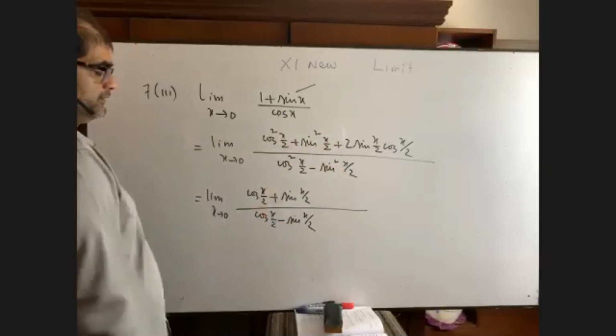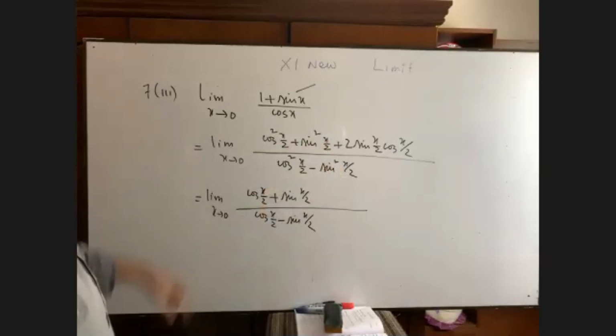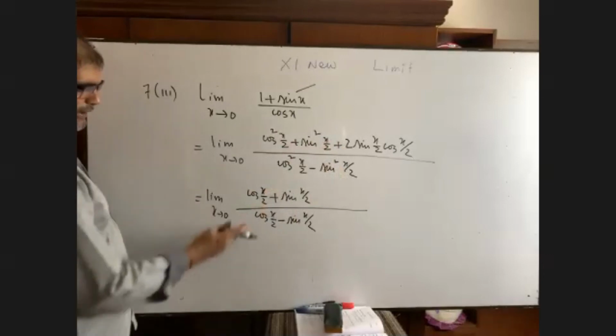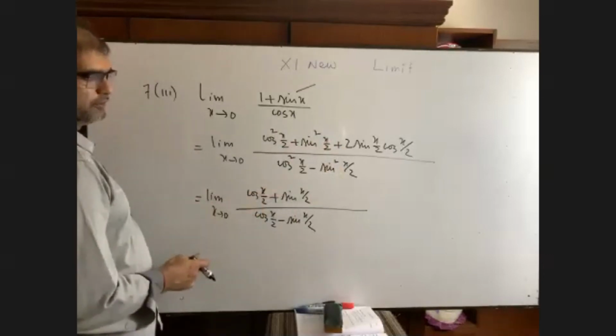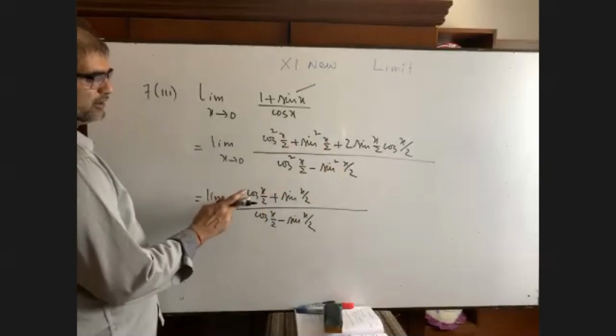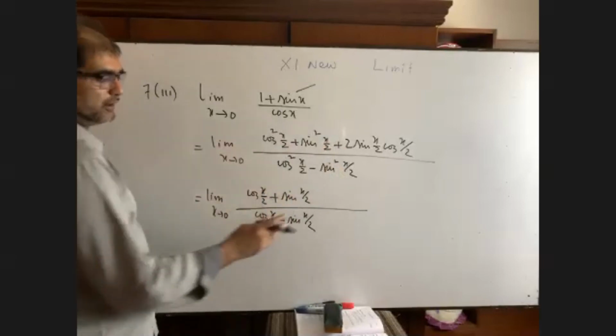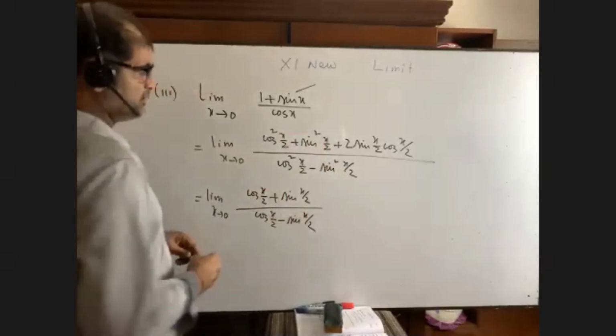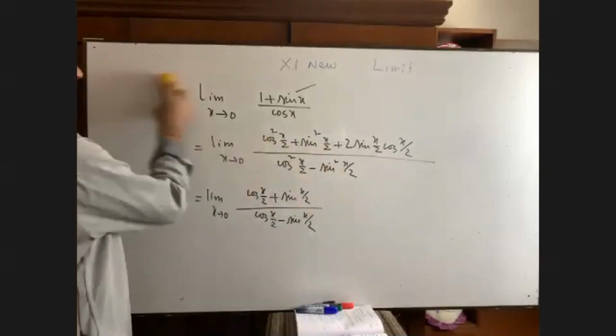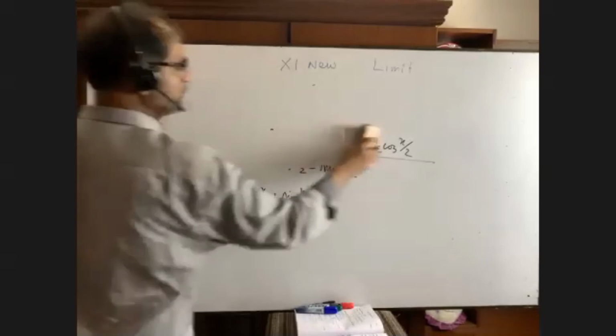Now the interesting fact is that we can put here x equals to 0. If x equals to 0, it is 1, it is 0, it is 1, it is 0. 1 by 1 equals to 1. But we can expand it again. You see how we can do it.